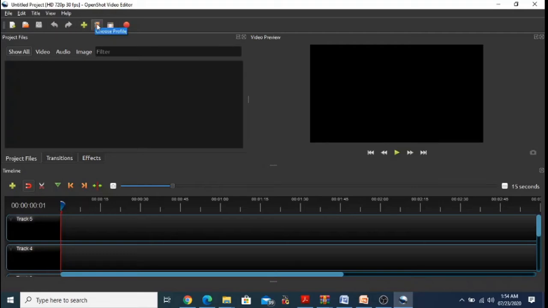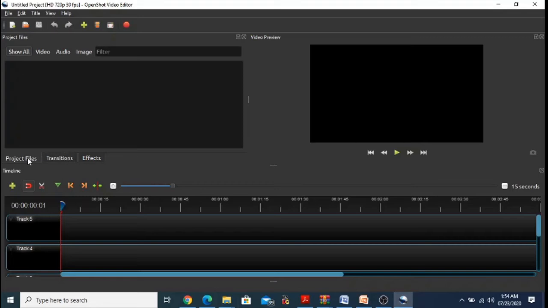This button is used to change the profile. This is to move to the full screen mode, and this is used to export the video finally. After the main toolbar, we have function tabs. These are the function tabs named project files, transition and effects.